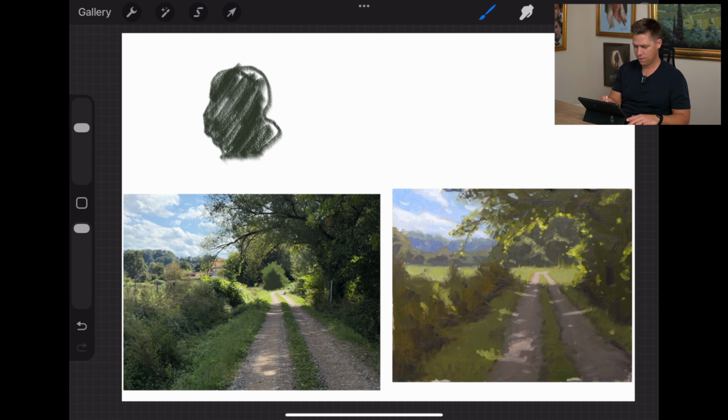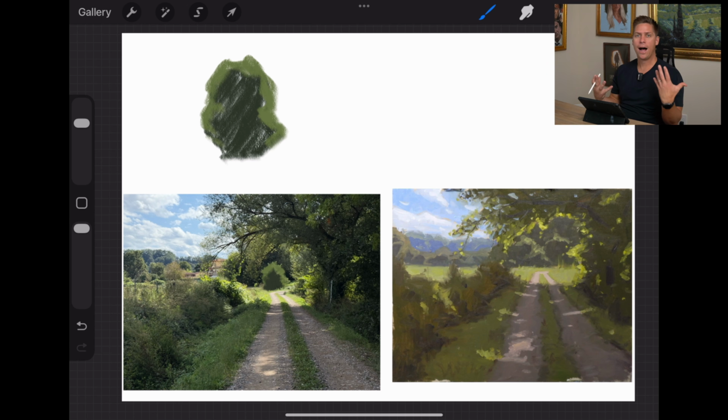in shadow, and then our light code: light is hitting it from the top, kind of from the back. And so once I know that, I can paint and make up trees and do whatever I want because I know where the light's coming from. And now I'm not relying on being able to see everything. It's like you can only paint what you see. It's like, no, I know the light code, I know how light's hitting trees,